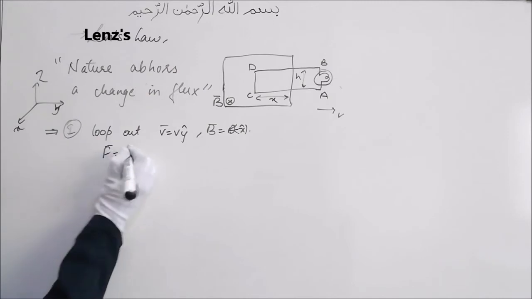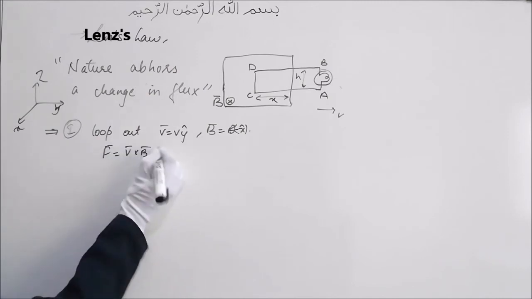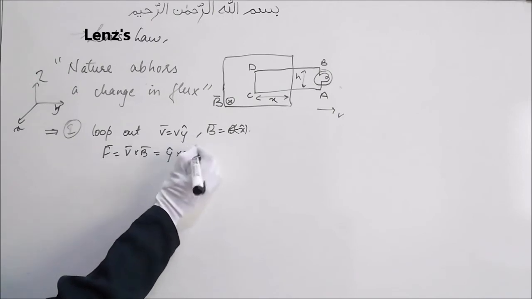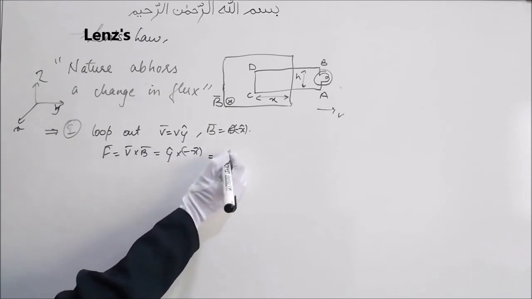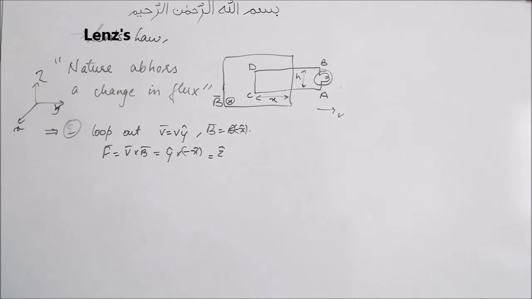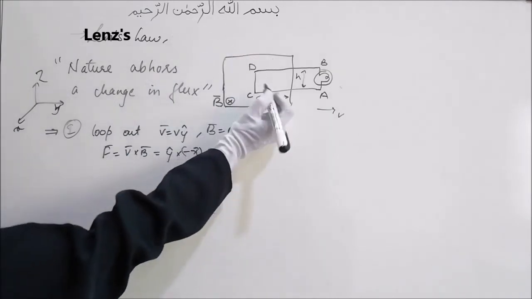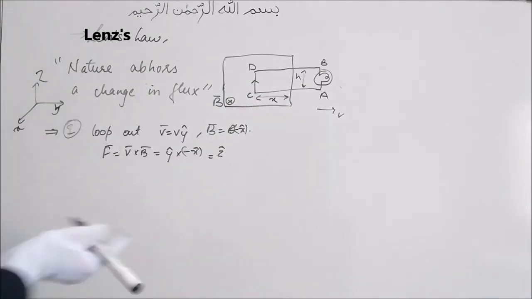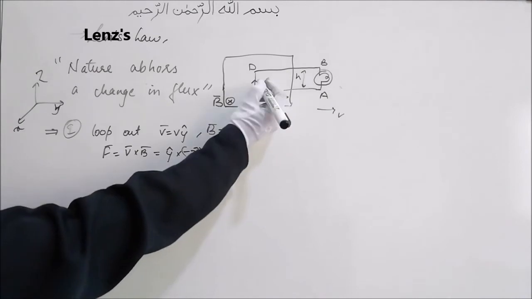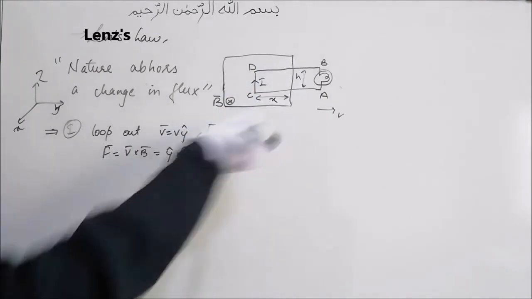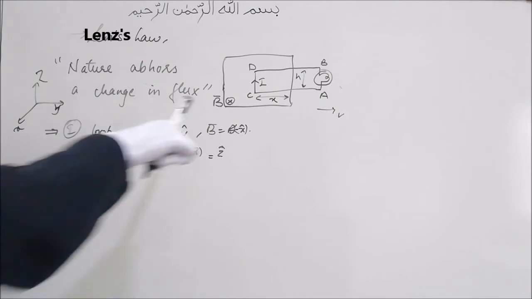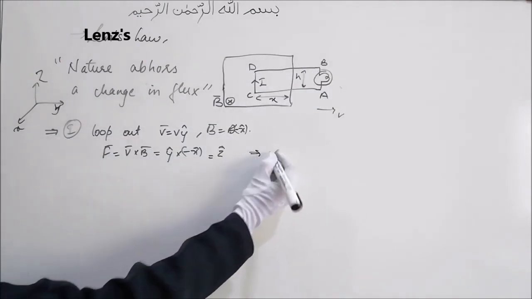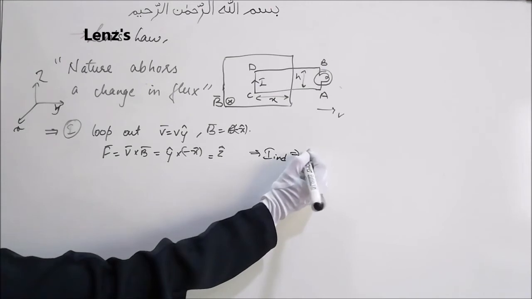So we know the magnetic force is v bar cross B bar, that is y hat cross minus x hat. Y cross minus x will be z hat. Z hat means upwards, that is, the force here is upwards for positive charges, and the current is in the same direction as the motion of positive charges, or opposite to the direction of negative charges. So this is the direction of current which is induced in the loop. That means it will go like this, which is I induced will be in the clockwise direction.